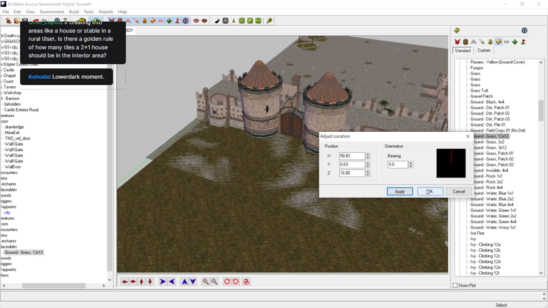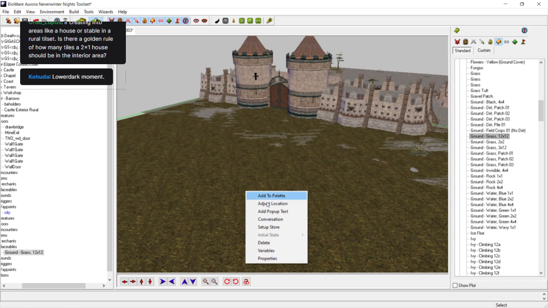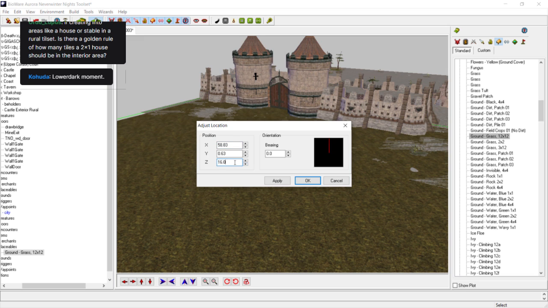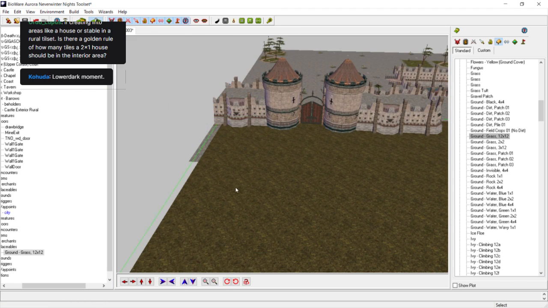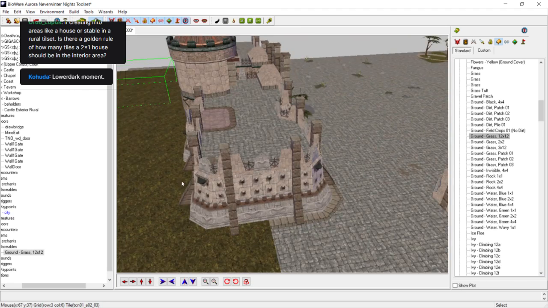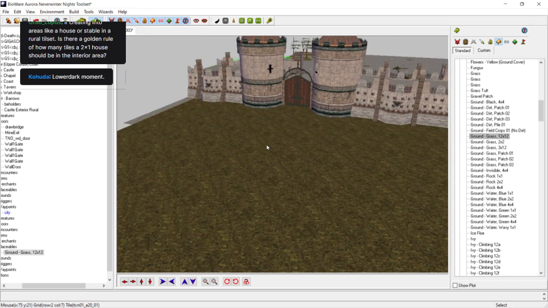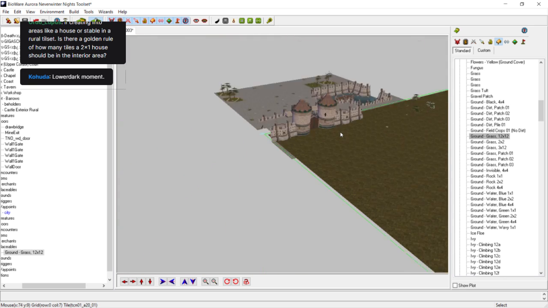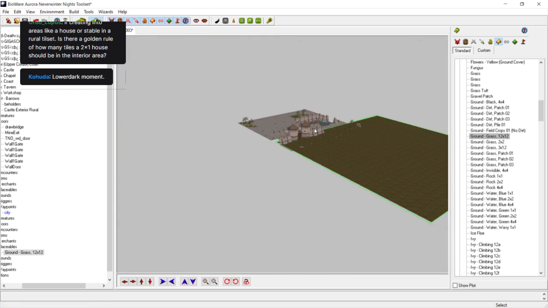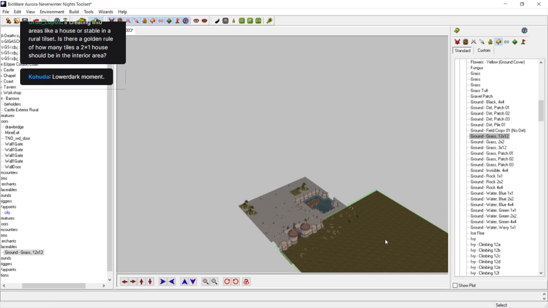So you see, I've got it at the same level as the floor here, so that's going to flicker. That's no good. So I'll just put it at 16.01. Now it won't flicker. So now you see, if you start adding trees and rocks outside, you'll get to walk into the city from an outside that has grass and stuff. So you can make up for the tile set not having grass inbuilt,